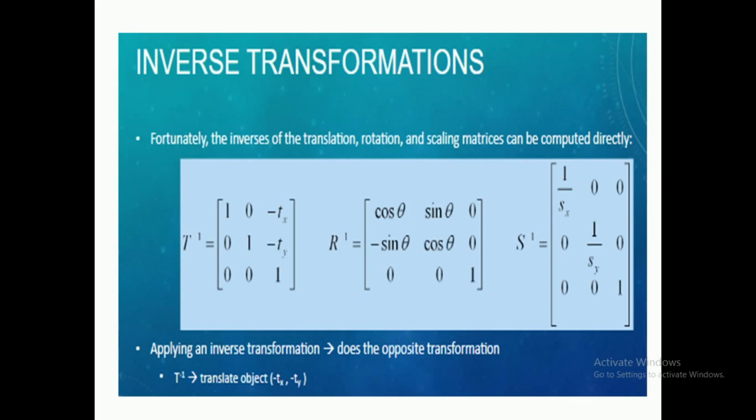Then how to make a scale factor less than 1? 1 by scale factor. Right? This matrix we have already derived. How we have taken the matrix, I have explained in that lab session. When you want a scale factor less than 1, then 1 by sx in the x direction, similarly 1 by sy in the y direction. Again you have represented everything in the homogeneous coordinate system. I have told how you move to the homogeneous coordinate system in that video. We are in 2D coordinate system, but the third column and third row are homogeneous coordinates.